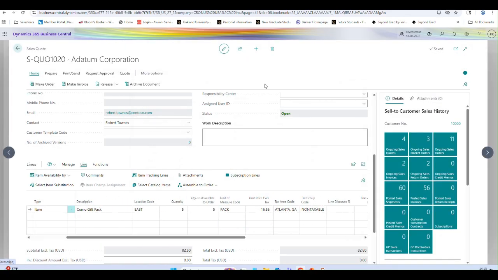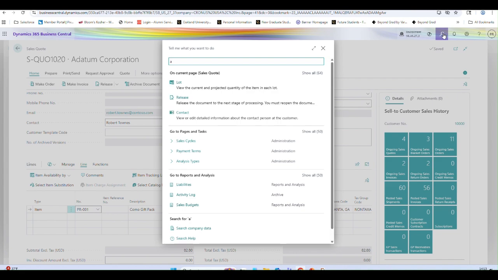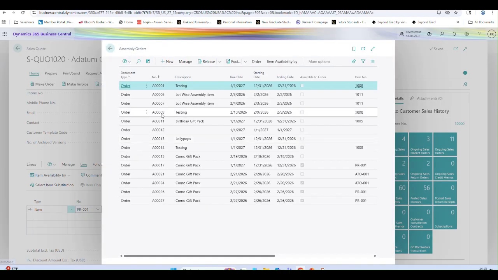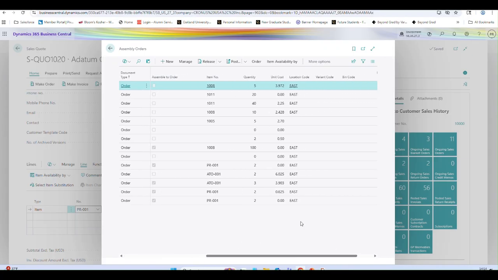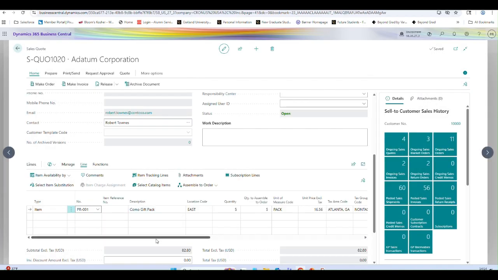Another point: whether the system has created the assembly order in parallel or not. Let me just cross verify the orders. You can see that for today's date no assembly order is created; this is the last order.